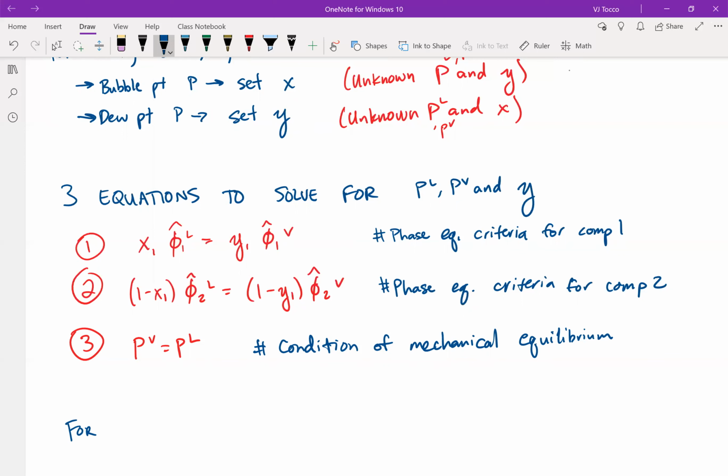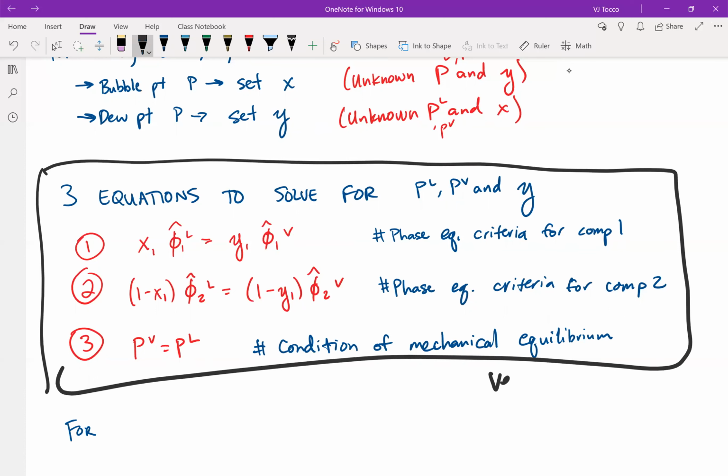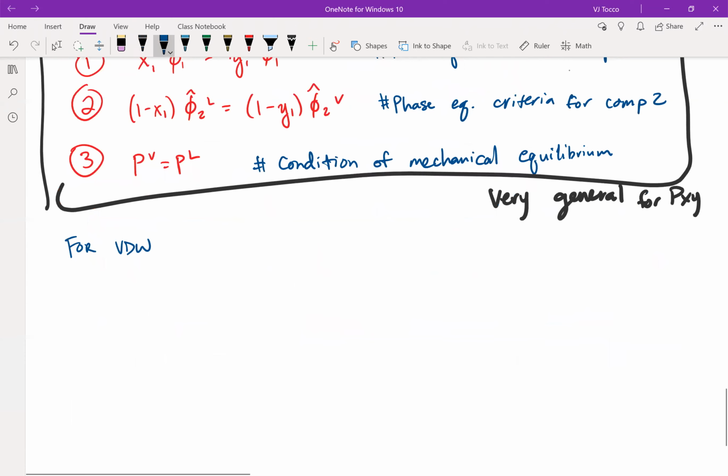This is, by the way, general, and I want to highlight that. So this is for the general case, very general. Doesn't matter which equation of state we have. Doesn't matter anything about the model that we're doing. This is very general for the PXY case. All right, so say for van der Waals, the pressure of the liquid equaling the pressure of the vapor